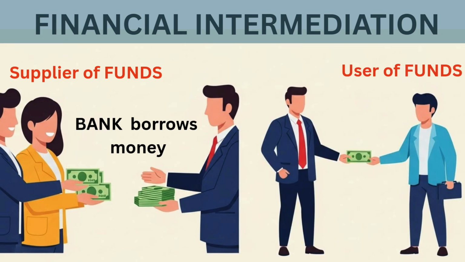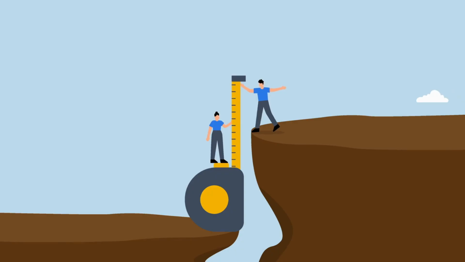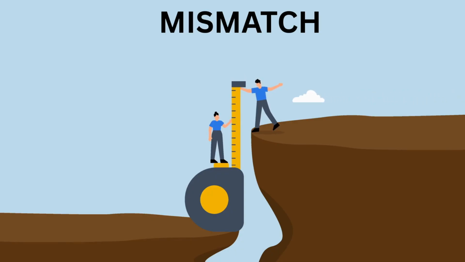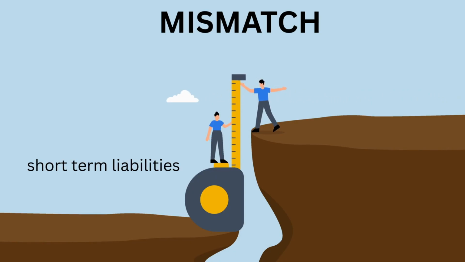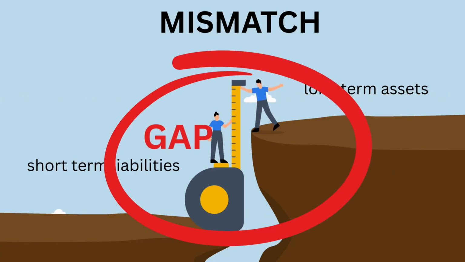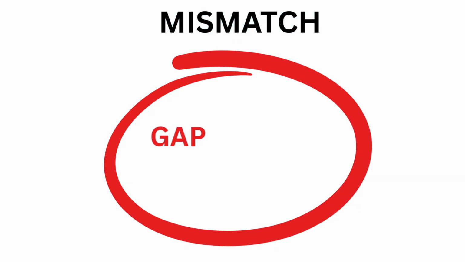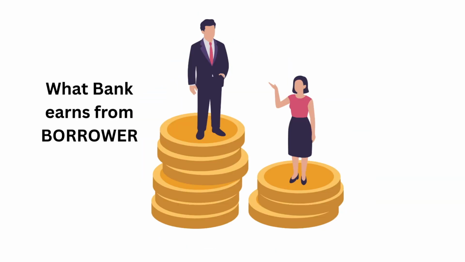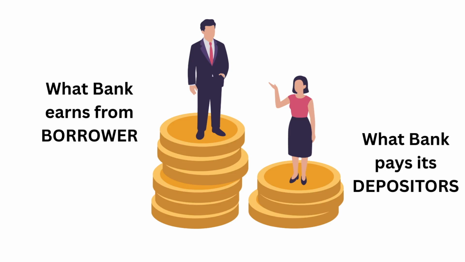The bank, on the other hand, will lend this money to a borrower, normally in the form of a longer-term contract, let's say like a mortgage loan, which is a bank asset. Because of the inherent risk in the mismatch of the timing of the cash flows, short-term liabilities versus long-term assets, there is what's called a gap. Nevertheless, the bank charges a higher interest rate on the borrower of the funds versus what the bank borrows at from the suppliers of the funds. So the bank can make money and remain as a going concern, providing this service of intermediation.